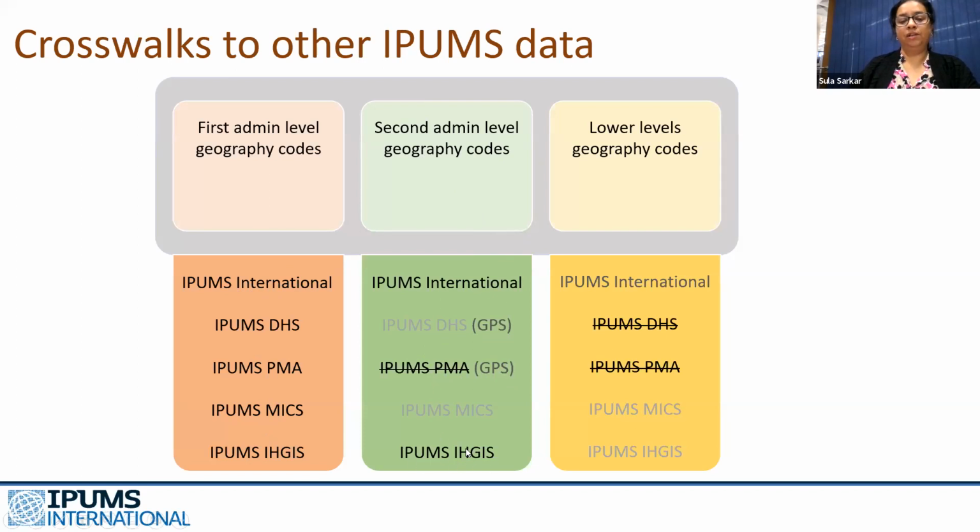I threw in the IHGIS project in here. And at lower levels of geography, you can do some of the mixed countries, a very few number of mixed countries have geographies which are very low level, and you can connect these together